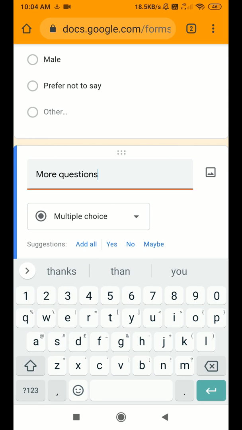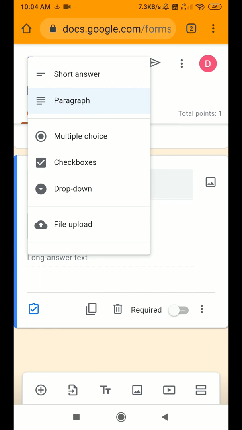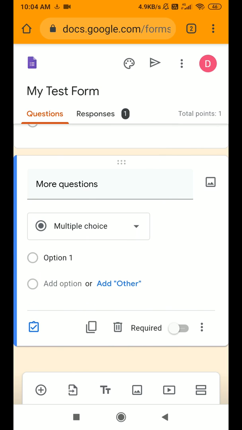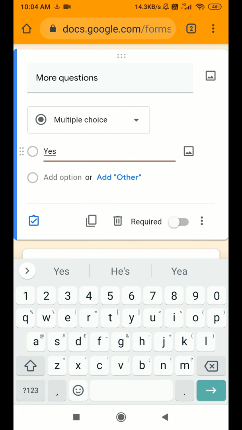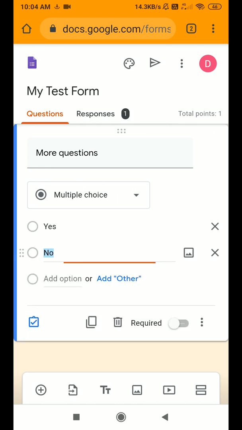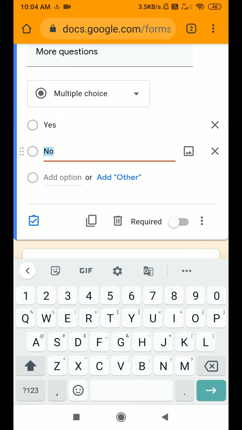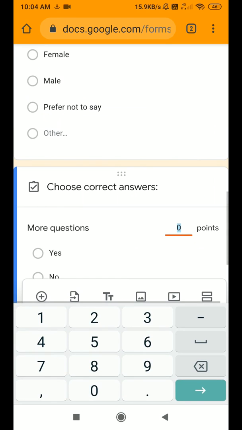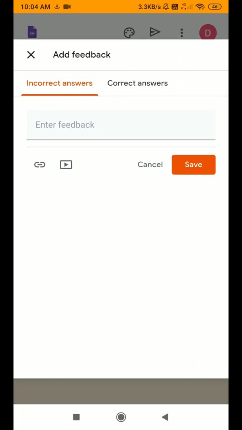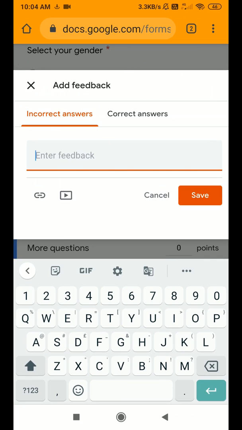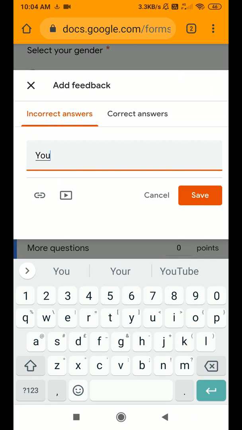As you can see, we are working on the same form as if it is a new one, and we are getting all the options which we had at that time. So all the things are to be done in the similar way, and we can still continue to add the questions, add the feedback, decide the points, and do all sort of changes that we wanted to do. After making the changes, remember to save it. However, once you have completed your work, the form is automatically saved in your drive.